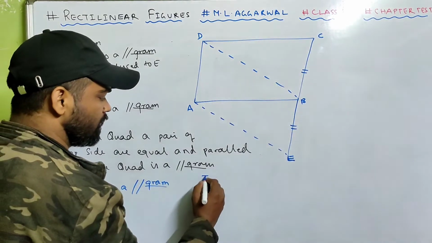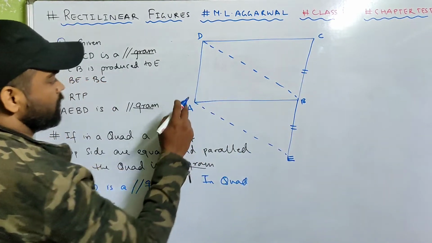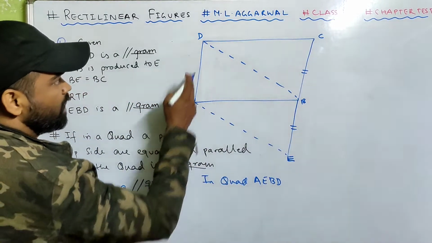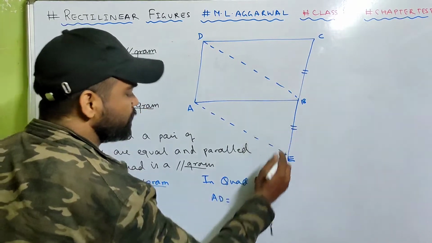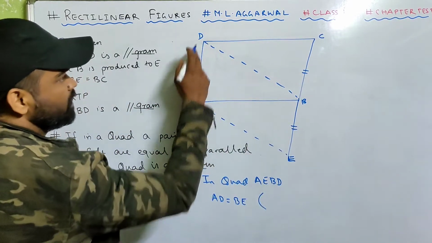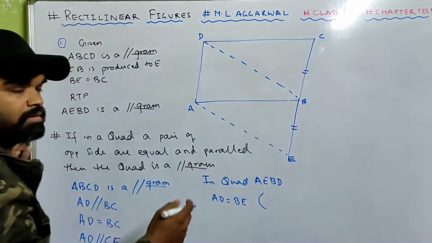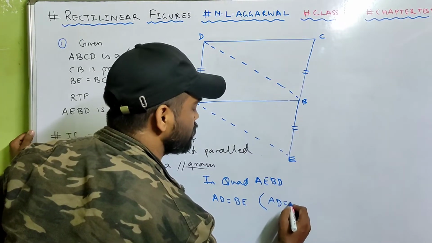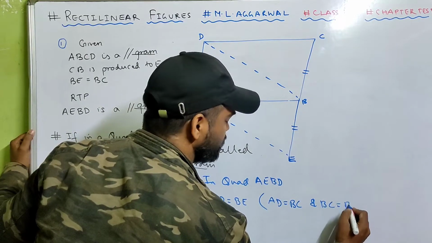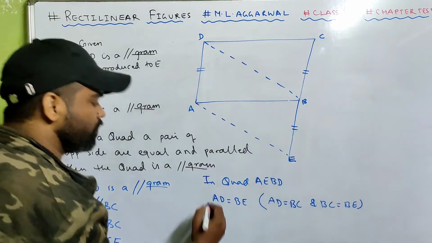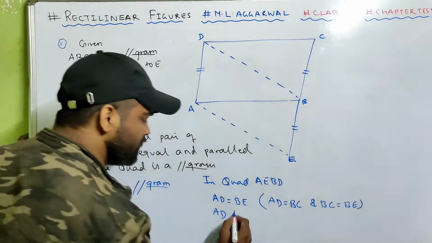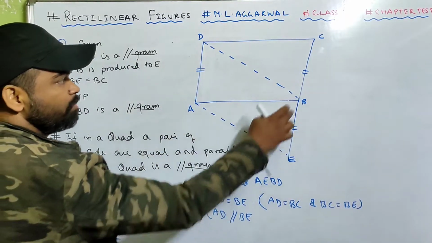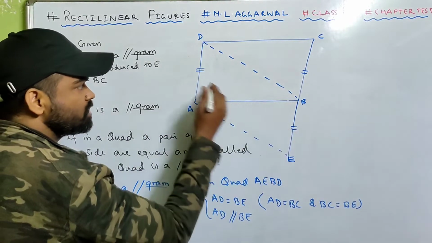Done? Now look, in quadrilateral AEBD, look carefully, AD is equal to BE. Why? Because we know AD is equal to BC and BC is equal to BE. So ultimately this and this will be equal. Yes or no? And just now we proved that AD is parallel to BE. So combining these two, you can say that in quadrilateral AEBD, one pair of opposite sides are